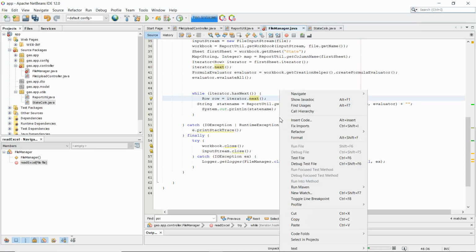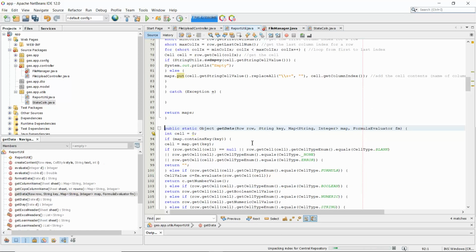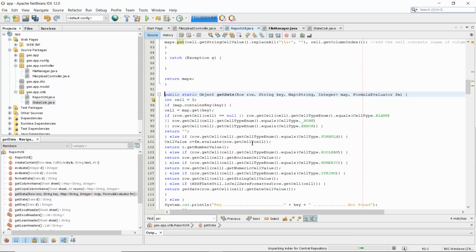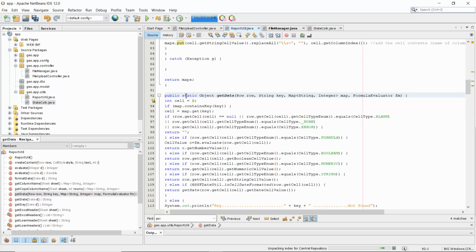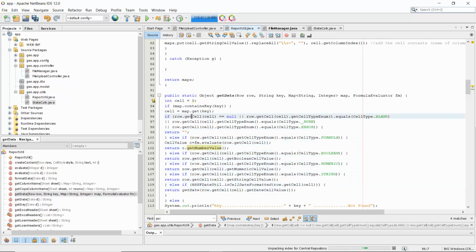So if you look at this, let me explain this now. This getData, I've done a lot of work here. This is a unique way of getting the data, because of the data you get there. You can get a number cell, you can get a date cell. We've done a lot of work. All you need to do is go and study this. You know, row.getCell. That is, now when you look at this,